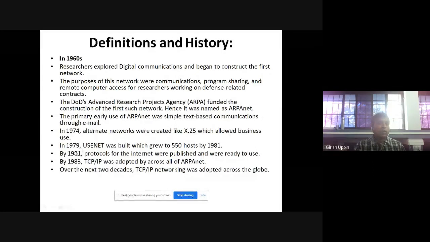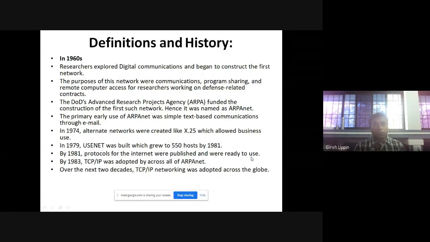Around 1979, there was one more network created called Usenet, and by 1981 there were 550 hosts, and protocols for the internet were published and ready to use. What are these protocols?